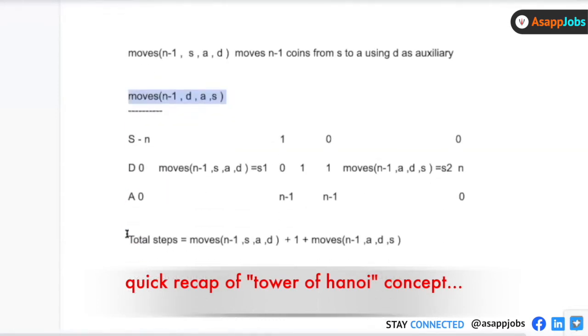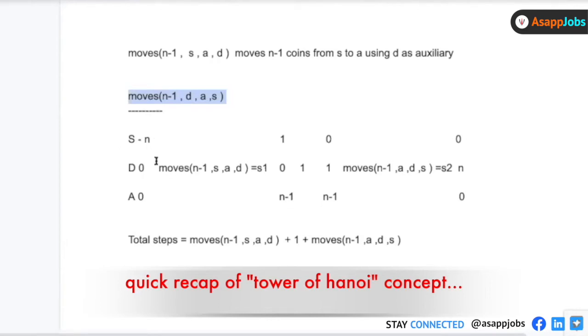So now what we are doing is that we're trying to solve this problem with this method definition that we have created. We are not worrying much about how it actually does it. We just worry about the fact that it is doing it, and I believe that if I have this function, I can do this. Okay. So I had initially this state. At S I had n points, at D I had 0 points, and at A I had 0 points. Right? So I thought, I have this method, and if I pass the points, the starting and the destination, it will simply move it the way I want, right?